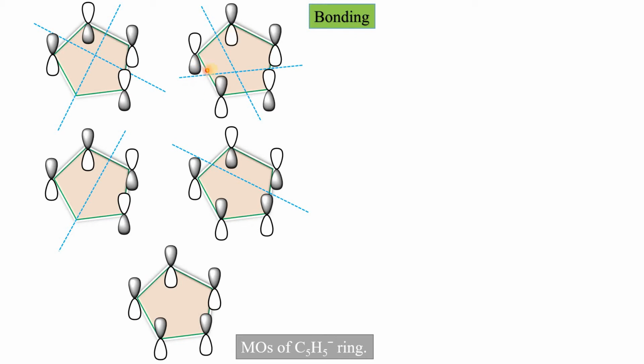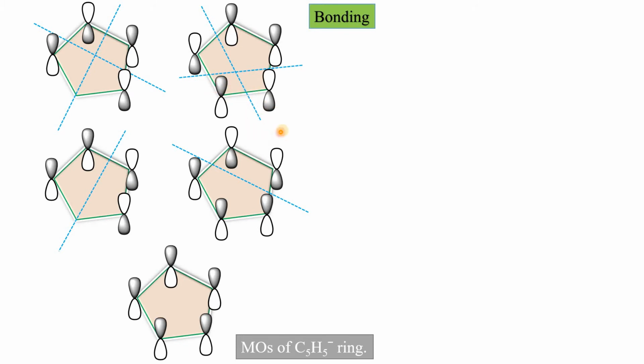Okay, so there is a nodal plane here, so these have opposite lobes. Again nodal plane, opposite lobe. There is no nodal plane here, so these have the shaded area on the same side and non-shaded area on the same side. Then again nodal plane, so the shaded area is above the ring and there it is below the ring. Again nodal plane, so shaded area is below and shaded area is above.